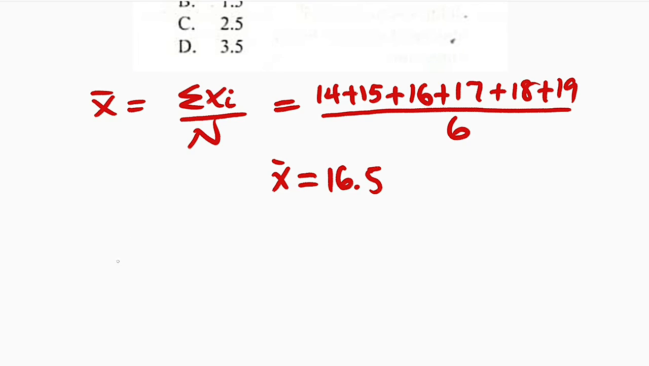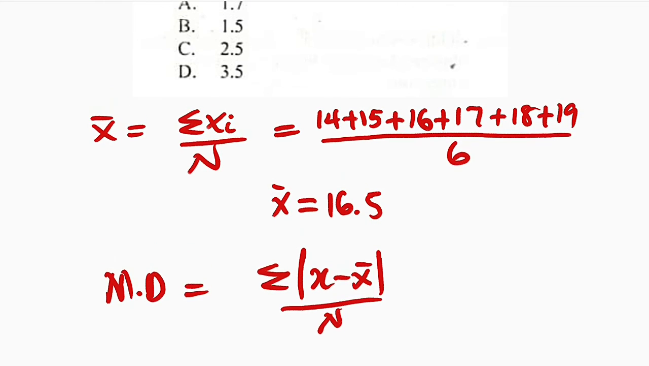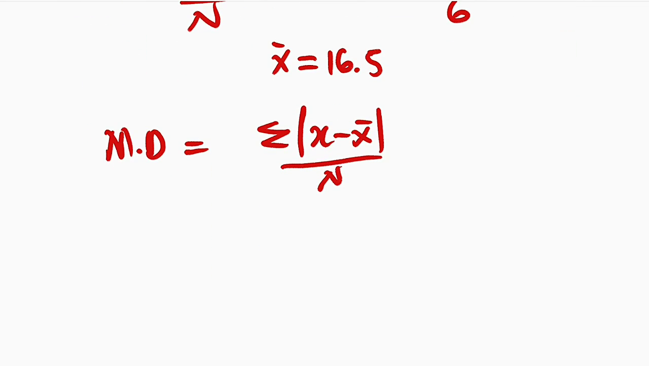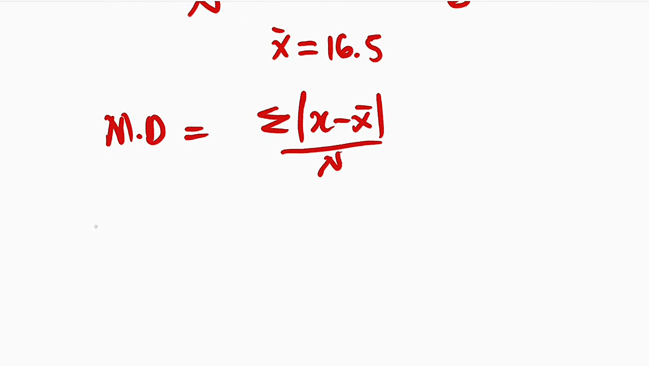So what about the mean deviation? Mean deviation is equal to summation of the absolute value of x minus x bar divided by n. So we are going to take individual x here. So it will be, the first x we have is 14. So we have